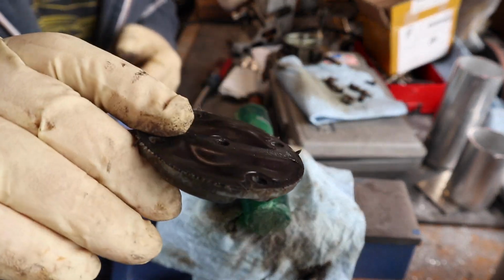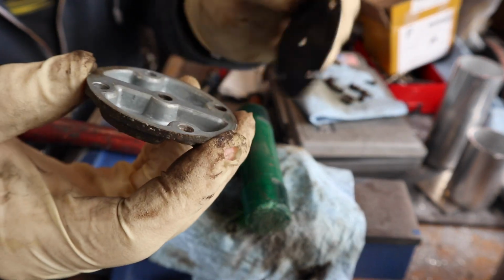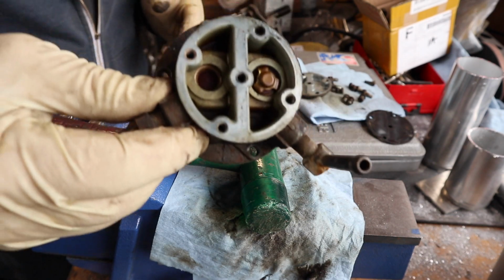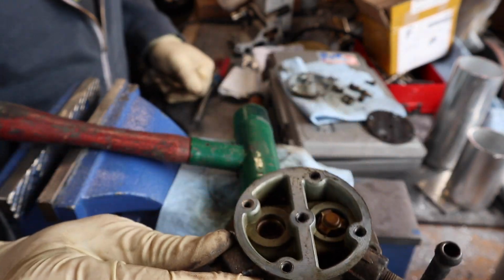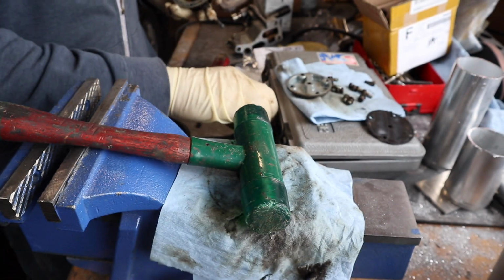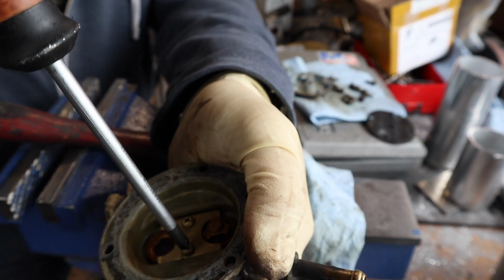It really helps if you take the center screw out first, but once you have that off of there, it's very easy to remove that. And then you can see inside here the top side of the fuel pump where the one-way valves allow fuel in and out. So replacing those is as simple as